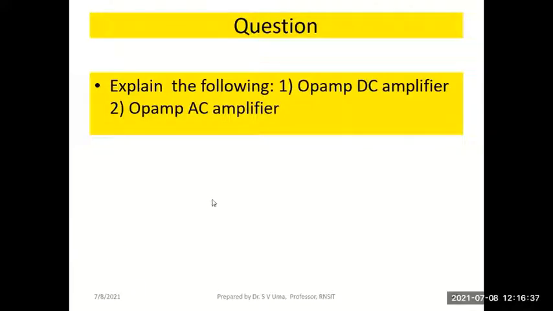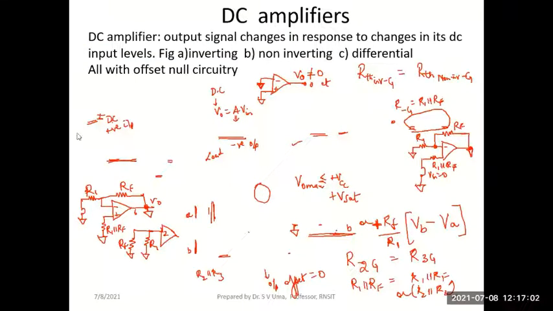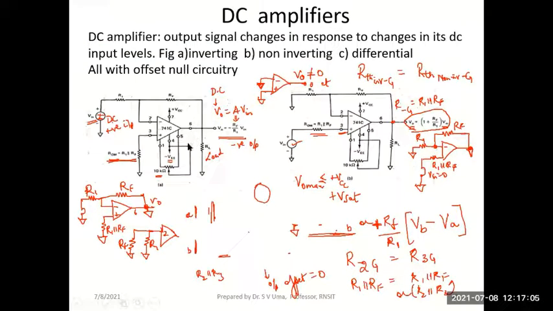In the last class, we were talking about the basic amplifier applications of op-amp. We spoke about inverting and non-inverting amplifiers, and then we also discussed how an op-amp can be used to amplify DC signals, what the various configurations are in which it can amplify DC signals, and also how it can amplify AC signals. So op-amp is a circuit which can amplify both AC as well as DC signals, as we can see.